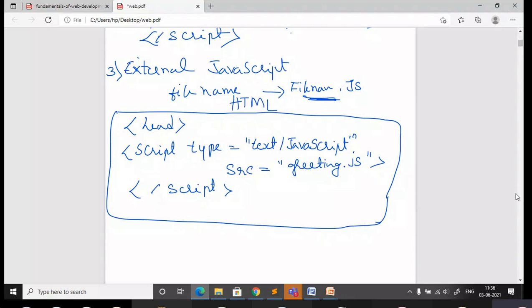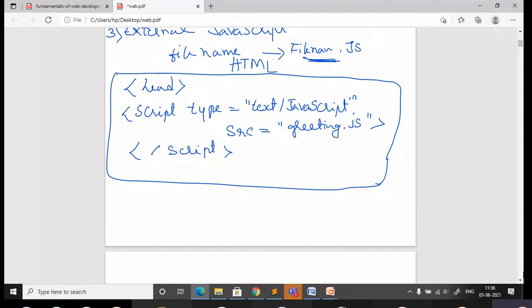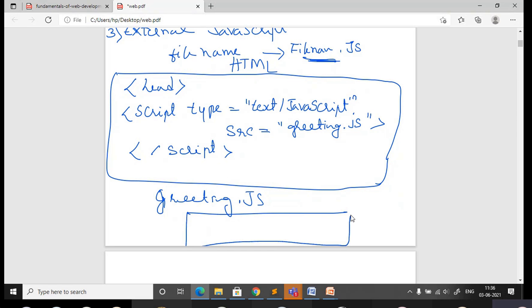Now you should have a separate file, that is greetings.js. So you have to create a separate file which contains the JavaScript.